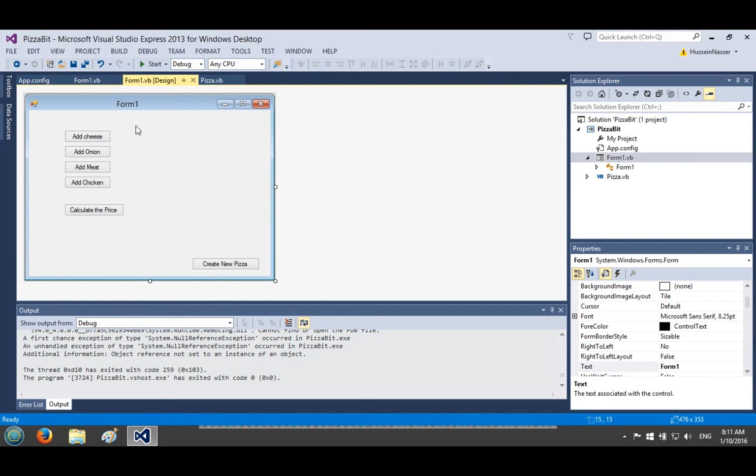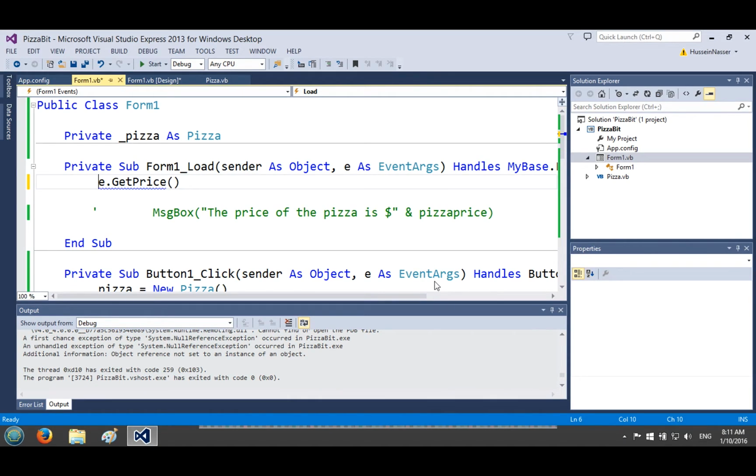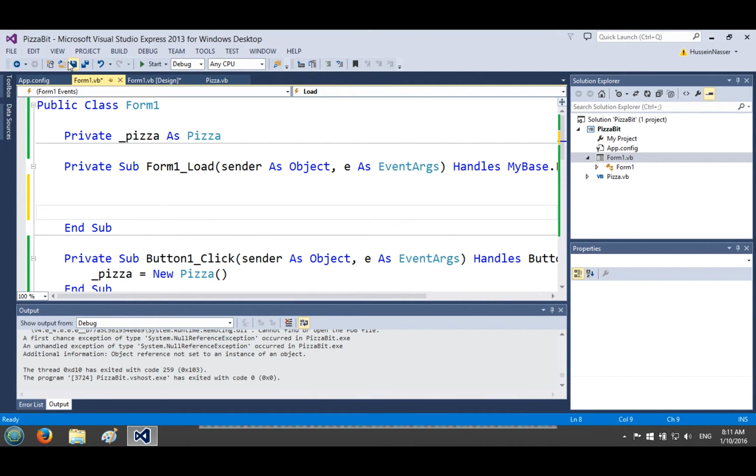So by default, when the form starts, all these should be disabled. So how can we do it? What did I say? When the form starts, disable all these. How can I do that? Well, when the form starts, that means form load. I can add some code here. Okay, what is the code? Disable